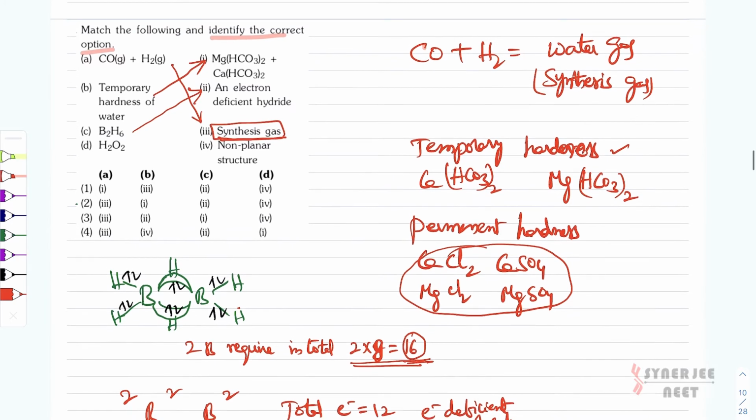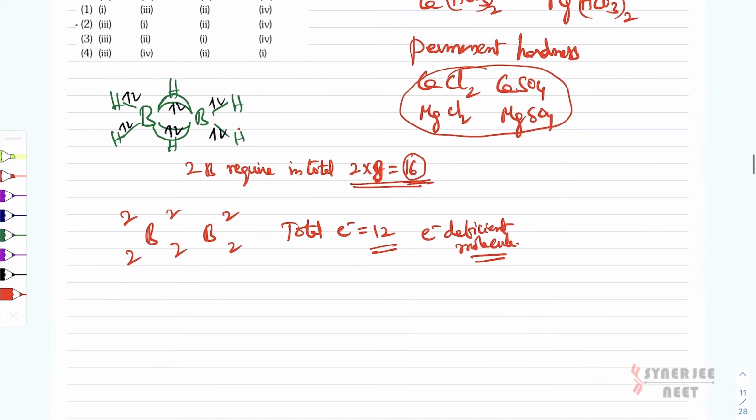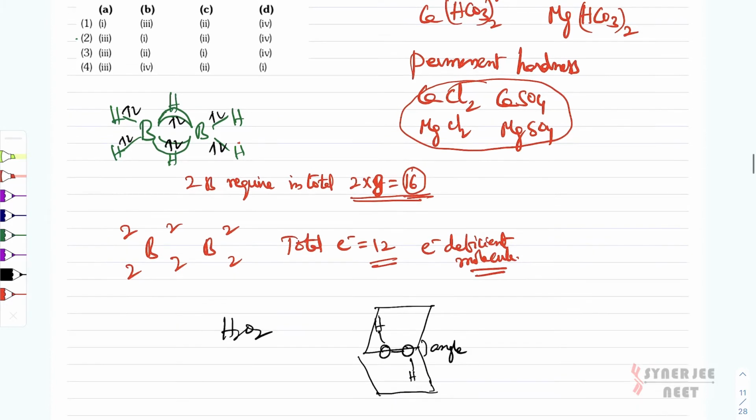H2O2. The H2O2 structure is a non-planar structure. Its structure is like this, H2O2. It is an open book structure. Suppose you put a book open in this manner, so if you take oxygens here, one OH bond is in this page, the other OH bond is in a different page. So if you put some angle here while opening a book, how will the structure be? In the same manner, this OH will be in one plane, this other OH will be in the other plane. So this one is a non-planar structure.